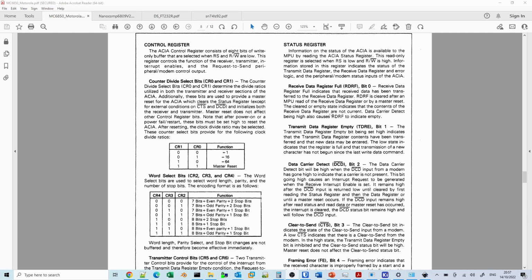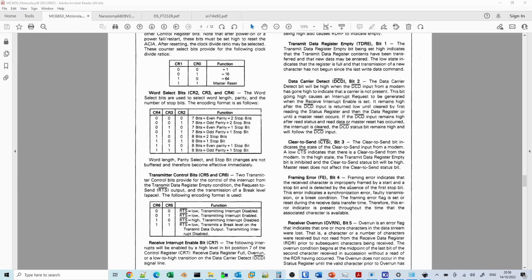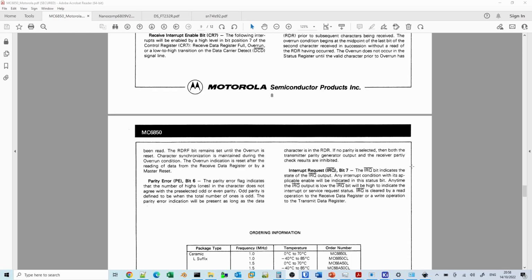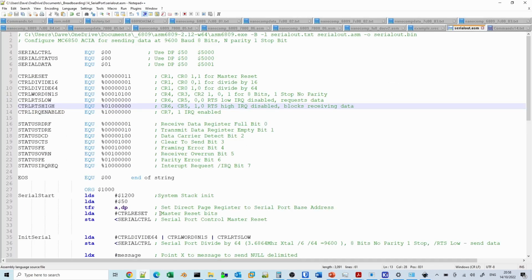That means when receiving data, do we need to pick something up from that register? Transmit data register empty means it's sent the data, we need to provide it with some more. Data carrier detect is a modem control signal, and that will always be set to ground, so we don't have to worry about that. Clear to send is configured to connect to the data terminal ready on the USB port. But again, to start with, we won't have hardware flow control enabled. And then we've got some errors. And then finally, if we want to check the interrupt status, those are the main things we need to worry about. And what I'm going to do now is show you a very simple program that I've put in.